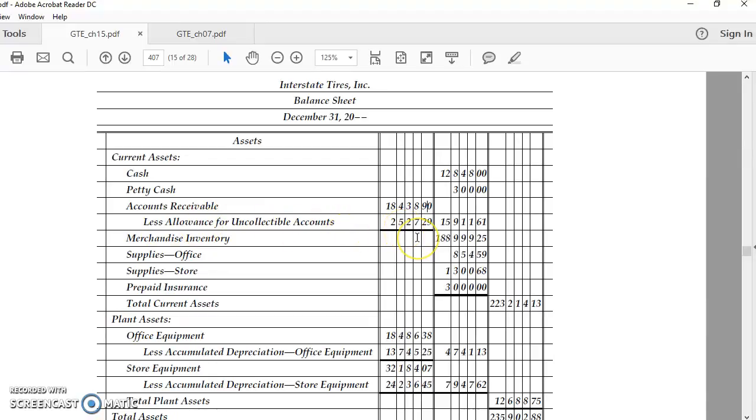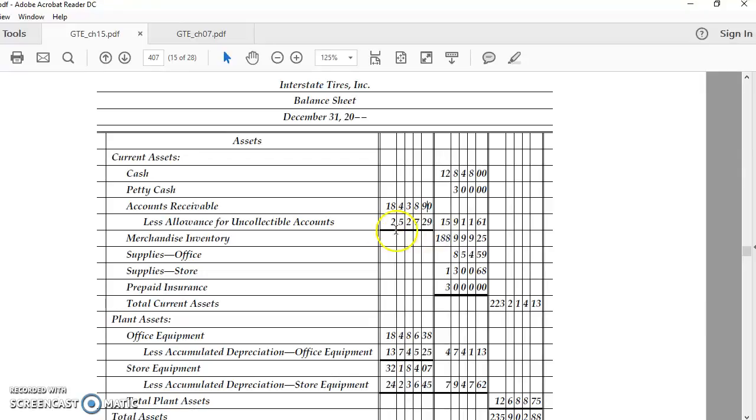It is not realistic to believe that all of these account receivables are going to be accounts that you are really going to receive paid in full. There's always a percentage of your total accounts receivable that are uncollectible accounts. Those are accounts that we can write off in our books later. Your uncollectible accounts for this situation, Interstate Tires, is